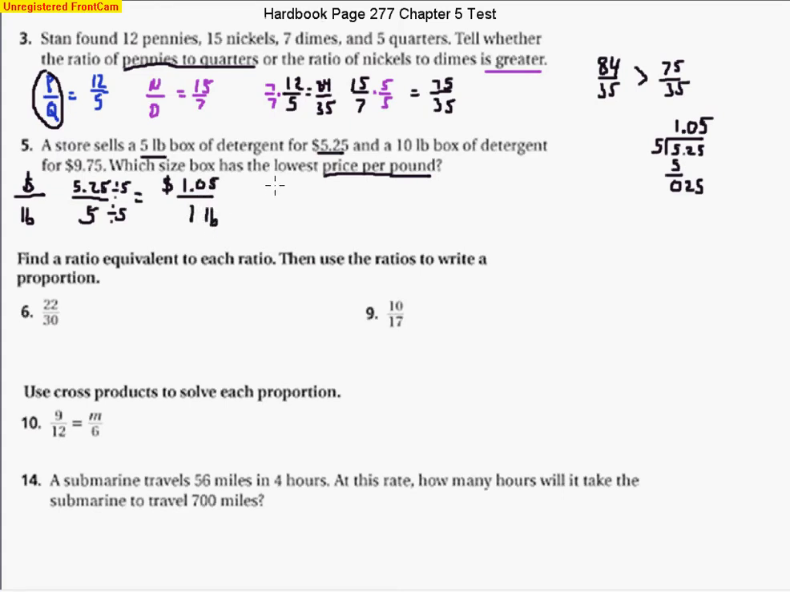Well, let's figure out the next one, see what its price is per pound. So that one is $9.75 for 10 pounds. And so we do the same sort of thing. We take out that 10, and we do that by dividing by 10. And so when we divide by 10, all we have to do is move that decimal 1 space over to